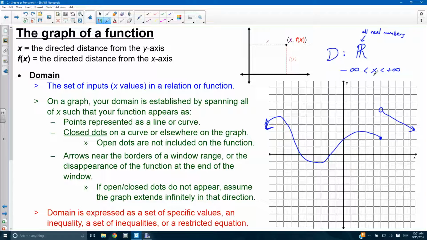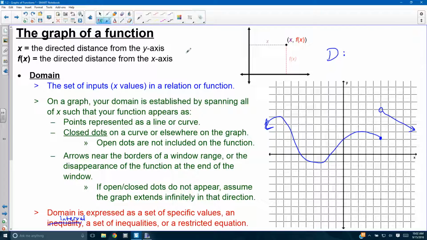Now, the reason why I point this one out is because there are other notations that we use that are not just inequalities. We also sometimes use, this shouldn't say inequality here. This should say an interval, not an inequality. We'll also use things called intervals. Okay. Now, if we do intervals,